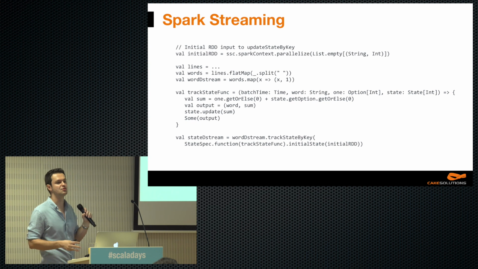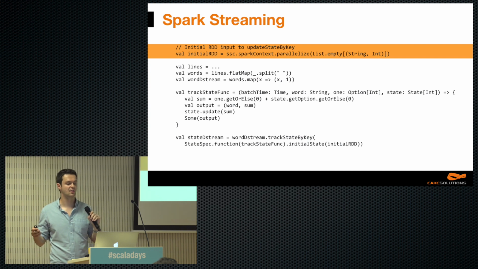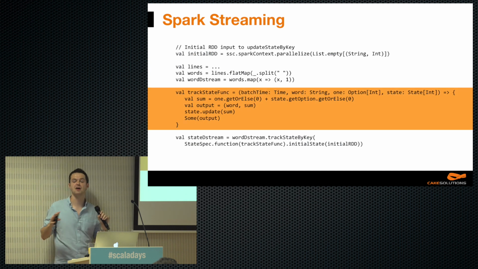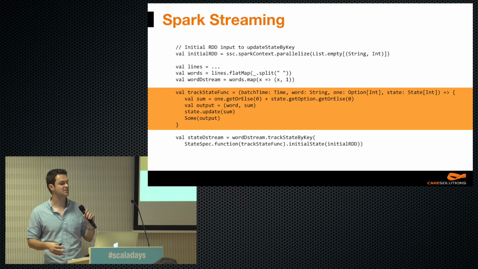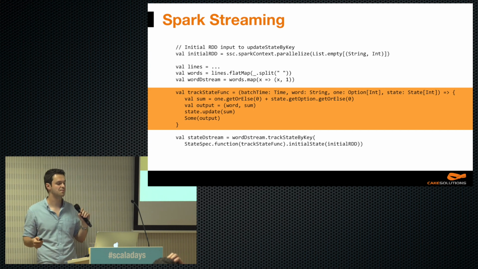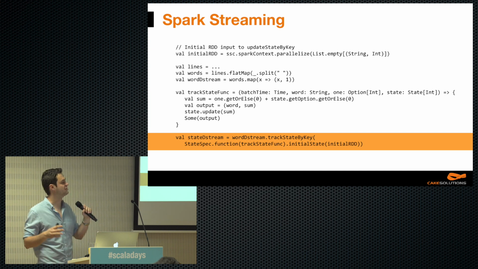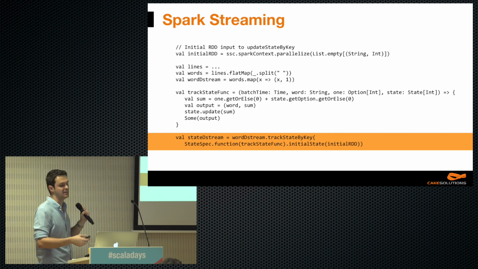Spark's declarative approach is a little bit better. First, we have to create an RDD used as an initial state. Then we have to define a transition function which takes a word, its count, and a current state. This function does the computation, updates the state, and returns a new result. Finally, we can put all bits together and get a state stream which contains our word counts.